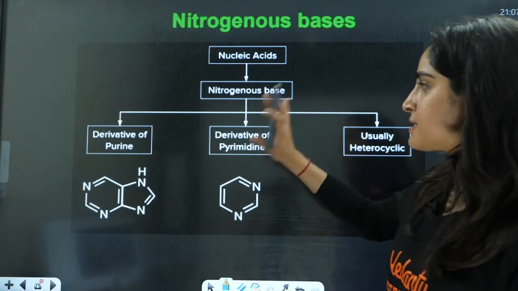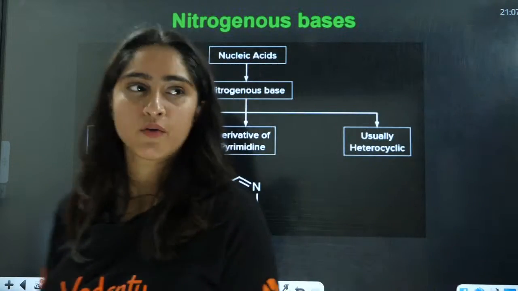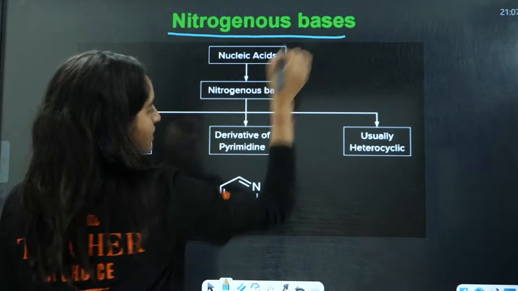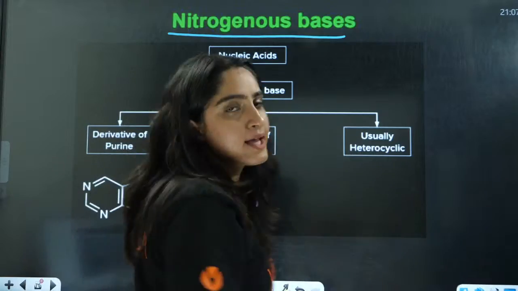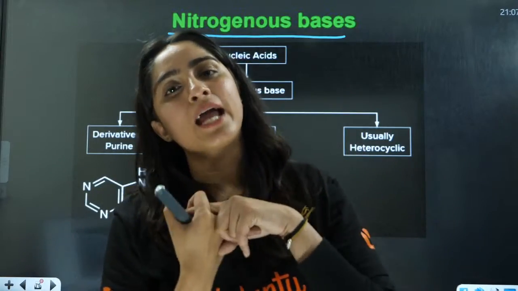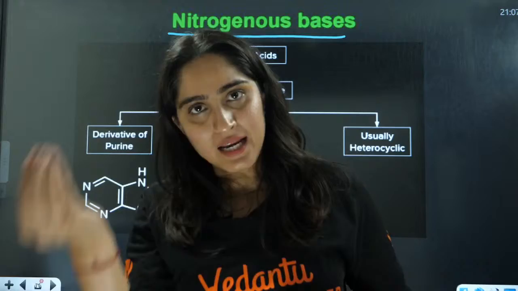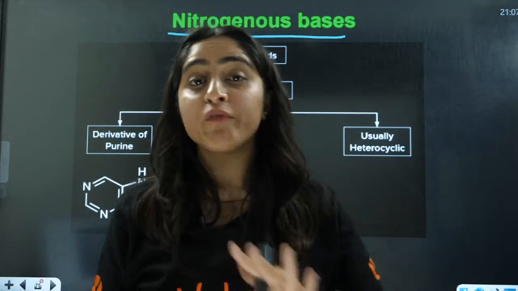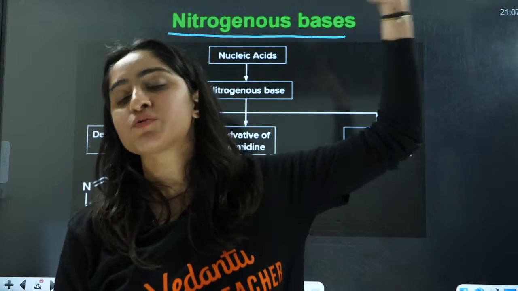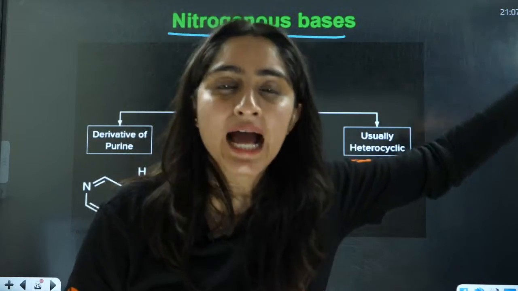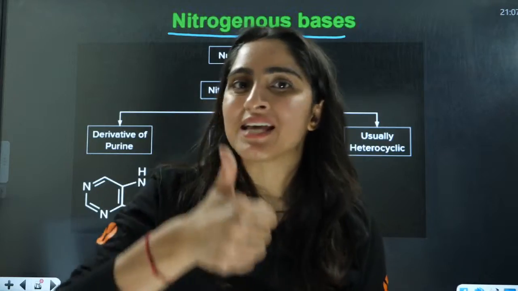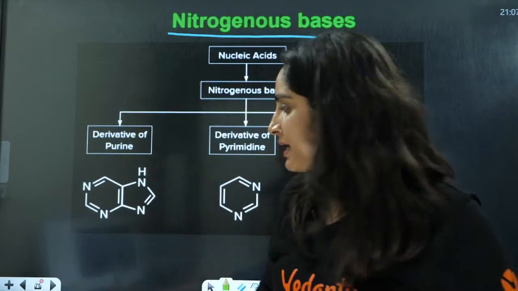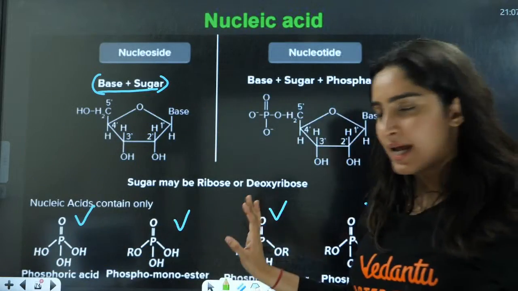Right. Next, we are going to talk about the bases here. Right? There are 3 things. One is sugar, either it can be ribose or deoxyribose: RNA ribose, DNA deoxyribose. There can be different phosphate groups. If you are talking about base plus sugar plus phosphate group, that is nucleotide. Right? If you are talking about just base and sugar, that is nucleoside. Right? How many phosphate groups? These many phosphate groups it can have. Right? Okay.